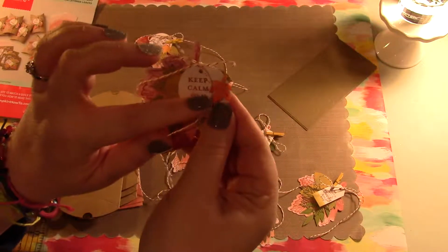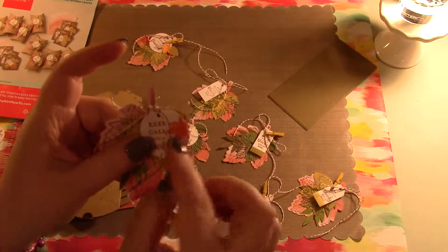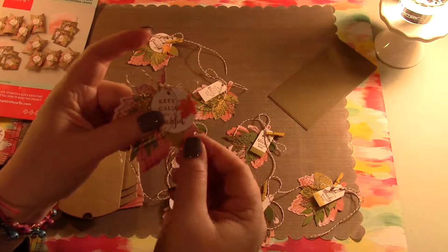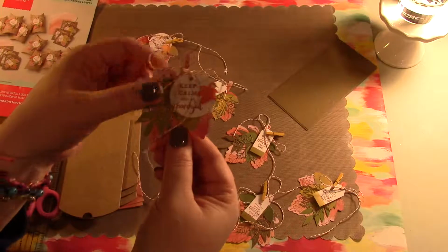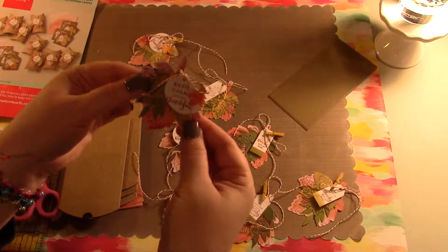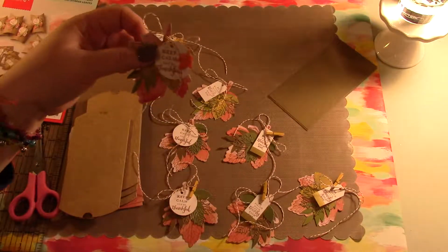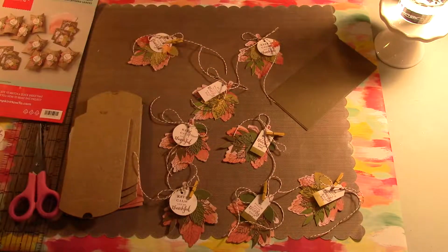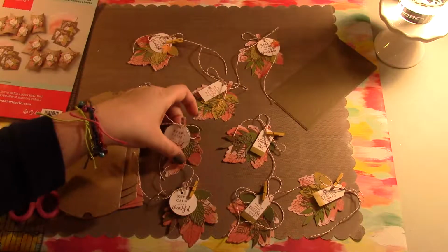This leaf is from Stampin' Up! Garland. I don't know how many years ago they made it. And I just took some off. And it just looks so cute, doesn't it? It's almost one of my favorites now, even though I messed it up. Sometimes that's what happens. Anyway, okay, so we're gonna go through and we're gonna build the cards,